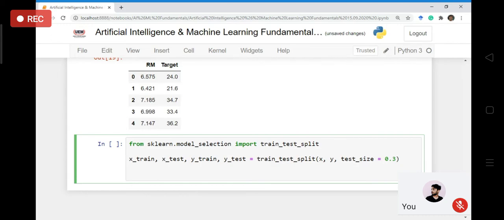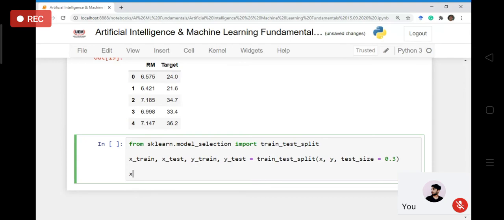Yeah. So I think I am almost at the end of this class. So let me just show you one more step. That is, before we can use these variables, the x variables, that is x train and y train, need to be converted to data frame type objects. Okay. Now this is specific to this regression model only. Maybe for some other model that won't be required.